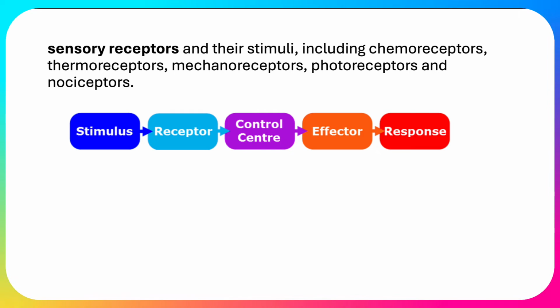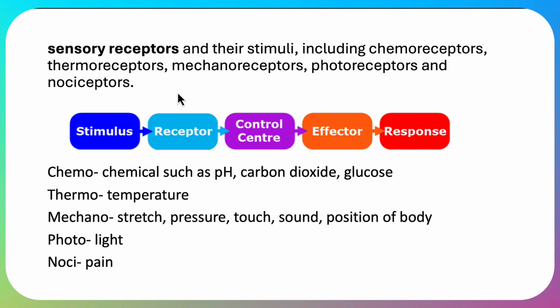So what are our different types of sensory receptors? This is what the syllabus objective says, that we need to know about these different types of sensory receptors and what they detect. So we've got chemoreceptors that detect things like pH, carbon dioxide in the blood, glucose, so the amount of glucose that's in the blood, as well as that, taste buds are chemoreceptors. They detect sweet, they detect salty, etc. Thermoreceptors detect temperature. So we're talking about temperature again. If we're talking about mammals, we're talking about temperature of the blood.